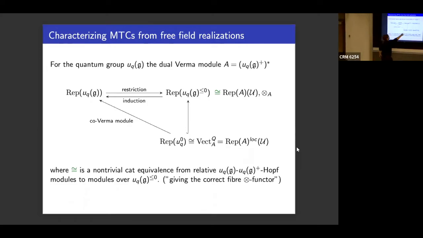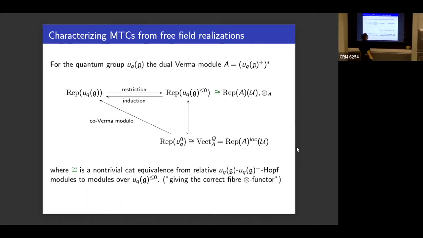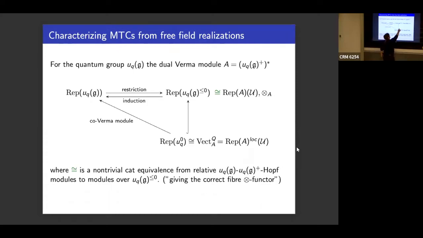But there is a non-trivial equivalence to the negative part of that quantum group. So then the tensor product is the one you think. Those two are Morita equivalent. So somehow this algebra is Morita equivalent to this algebra. It contains a Heisenberg double that gets cancelled. But writing it like this has the wrong tensor product, in the sense that it's not a fiber functor to Vect, and writing it here is the right tensor product, in the sense that it's a fiber functor to Vect. So that's why I say Borel, right? Borel, Kazhdan, quantum group, right?